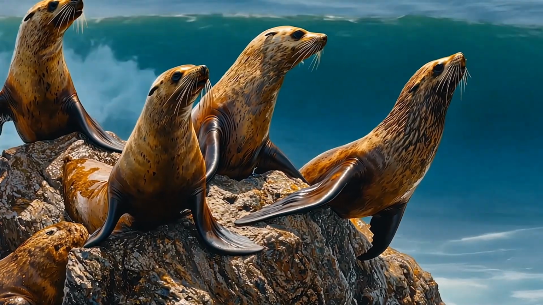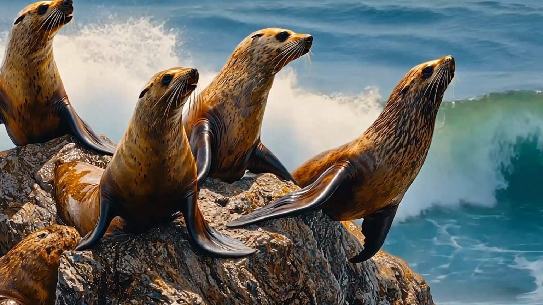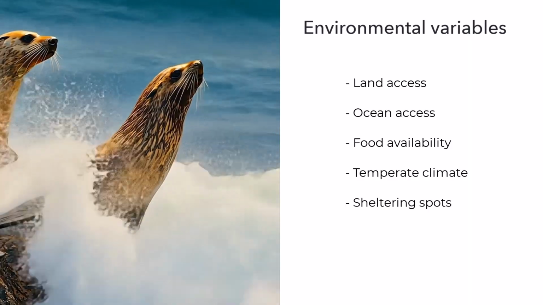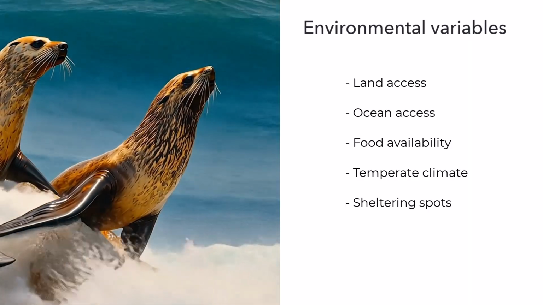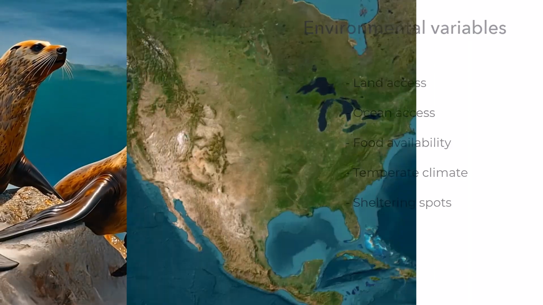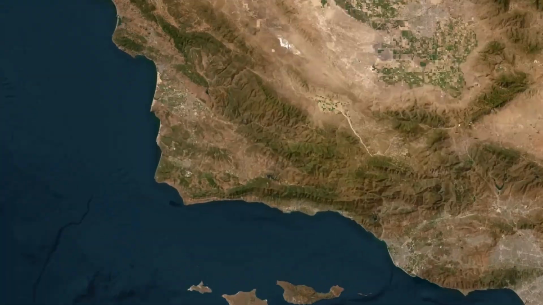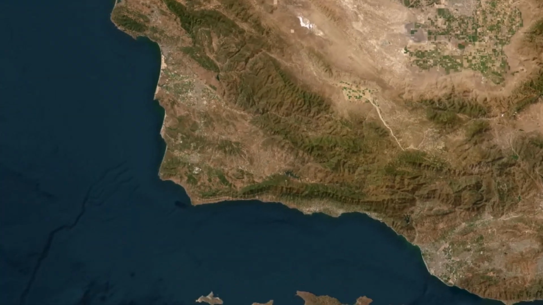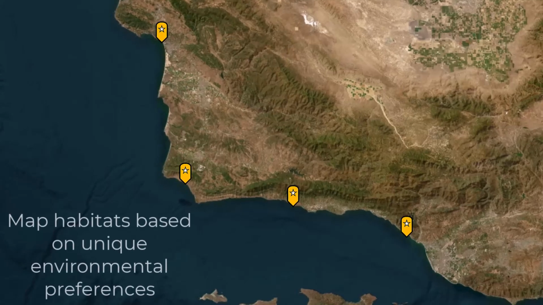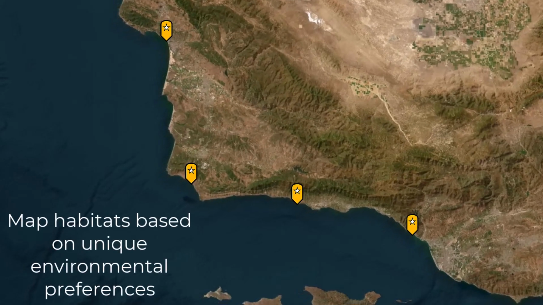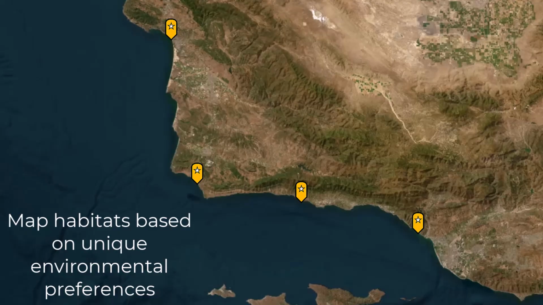Species distribution modeling is a powerful application of GIS that combines species occurrence data with environmental variables to predict the geographic areas where species might be found. It is essentially a way to map out potential habitats or ecological niches for species based on their unique environmental